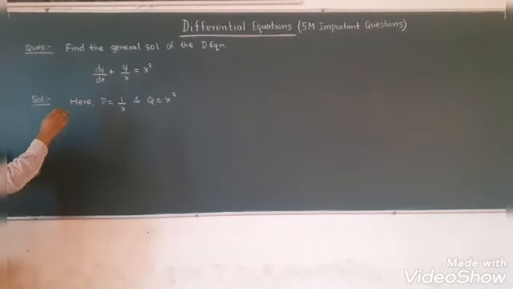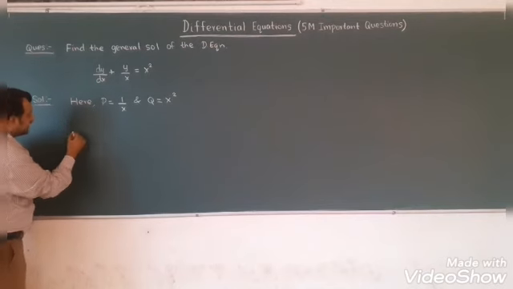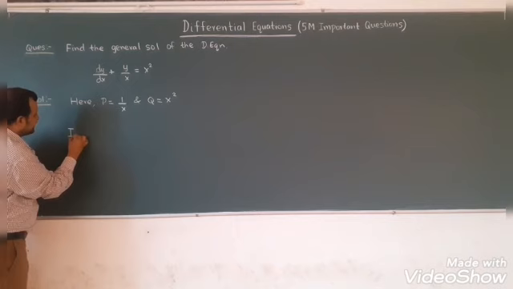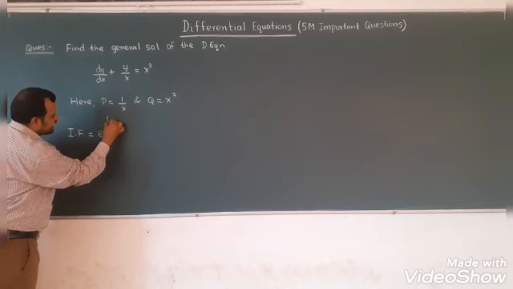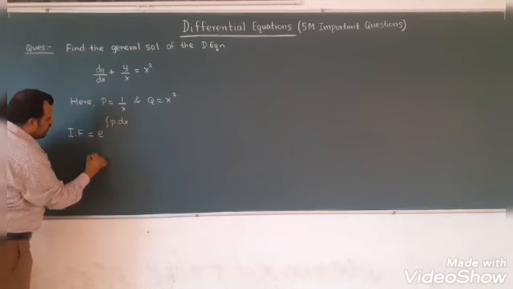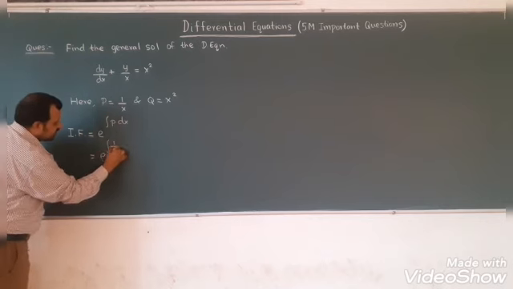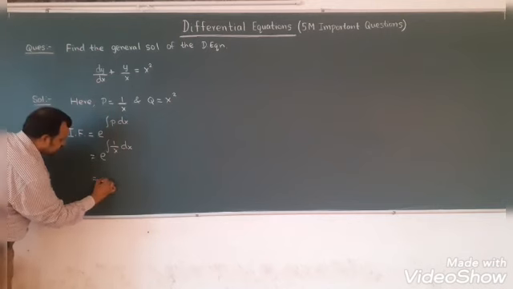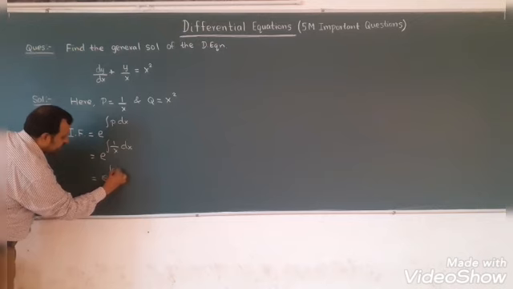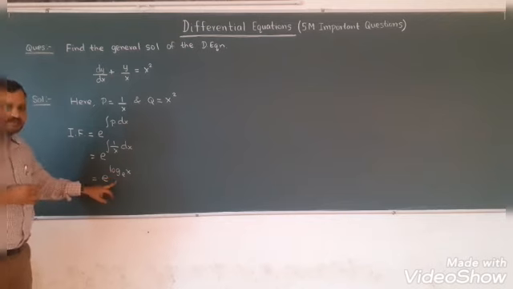So to find the general solution, first we have to find integrating factor. So what is the formula to find integrating factor? Integrating factor formula is e power integral of p dx. What is p? It is nothing but 1 by x dx. 1 by x is nothing but, integral is log x and by default the base is e here. So if base is not mentioned, by default base we have to take as e.